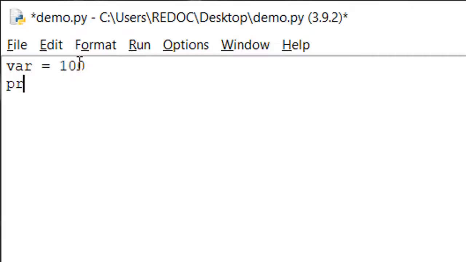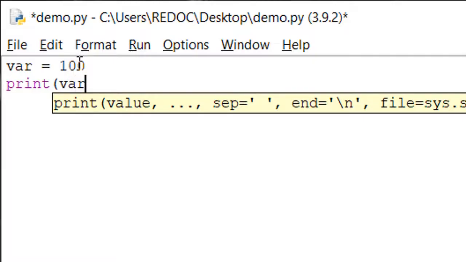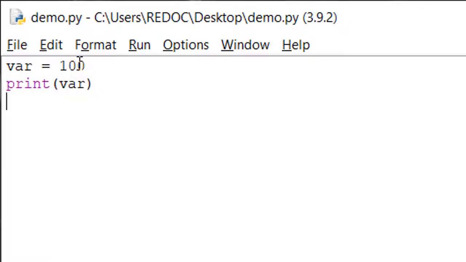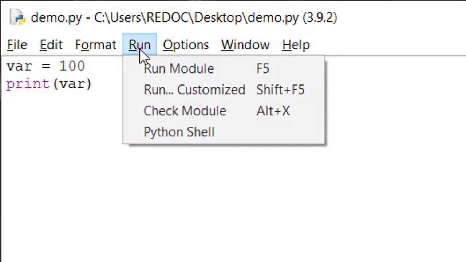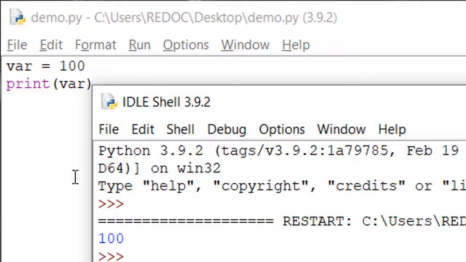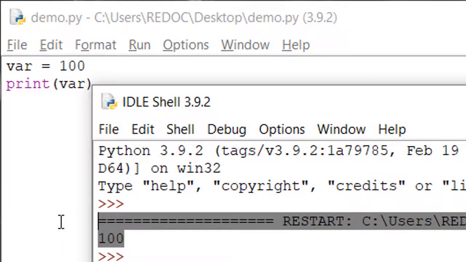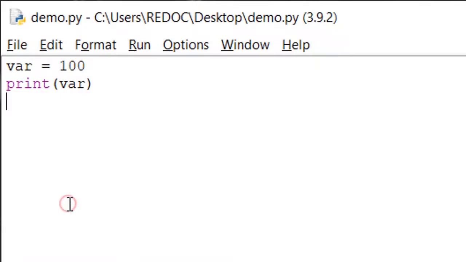Okay, so now later in the program, if you write print var, it will say, okay, I am referring to a value 100, so I will print the value 100. See, 100 is printed. So what is a variable? It's a reference to data. Simple, it's used to refer to data.